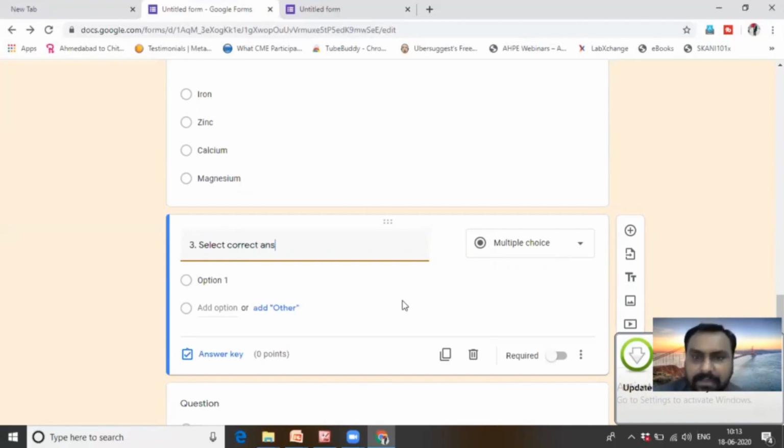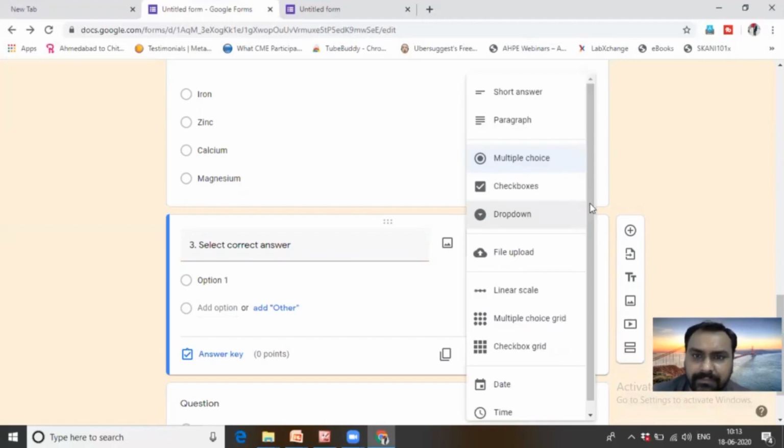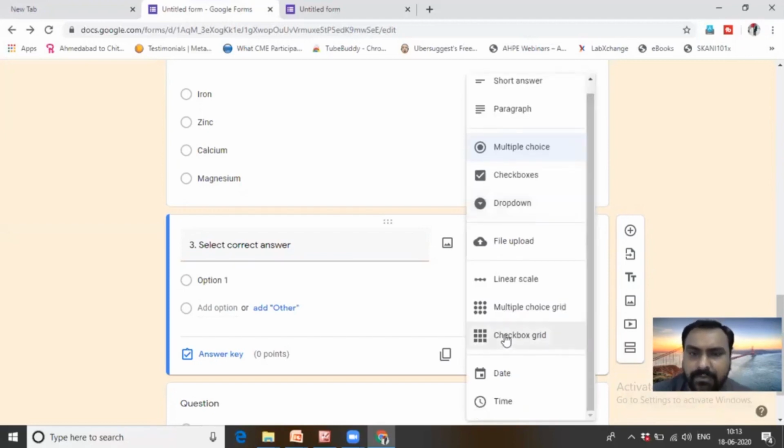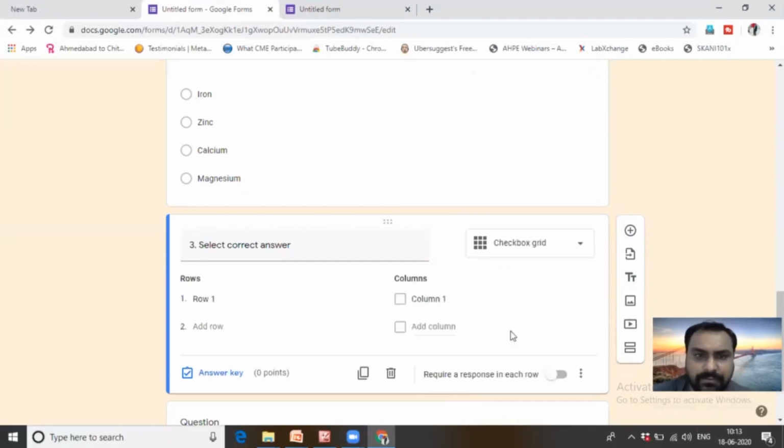And I am selecting not a multiple choice question, but a checkbox grid. Okay. So I will show you how it looks. Okay. So here there is a row, here there is a column.